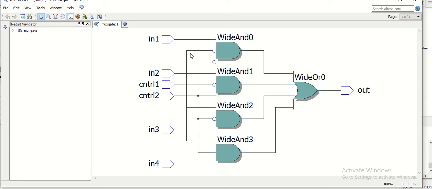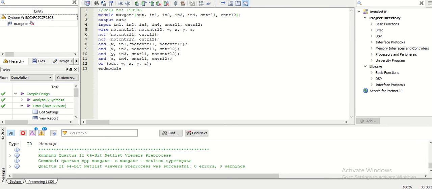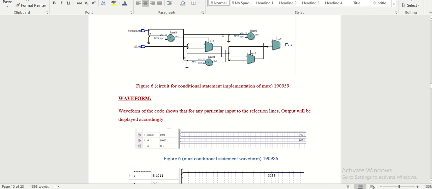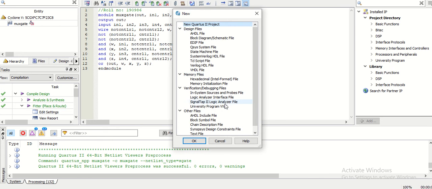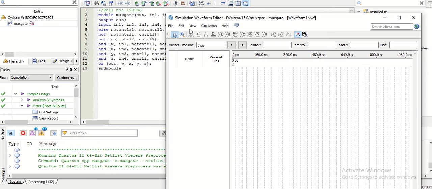Here you can see NOT of control 1 and NOT of control 2, and from the code you can see that for this AND the inputs are in 1, NOT of control 1 and NOT of control 2. So in this way we can see that our circuit is basically verified. Now we will move on to our next step where we will make the waveform of it to verify the outputs.